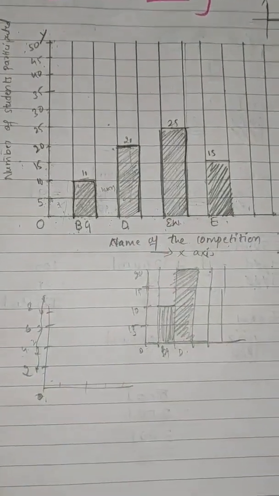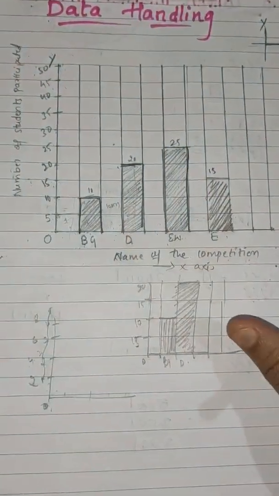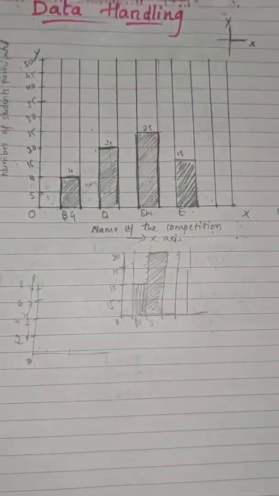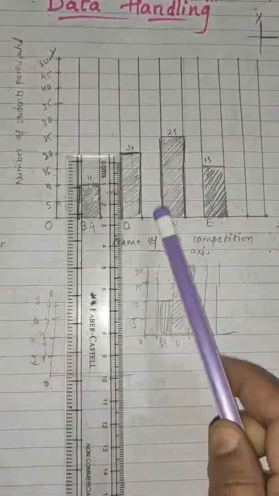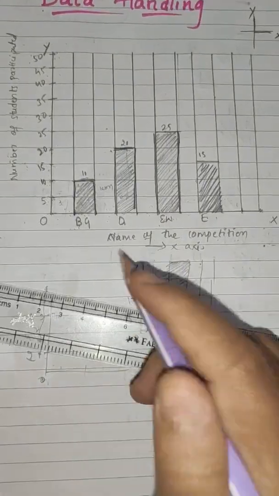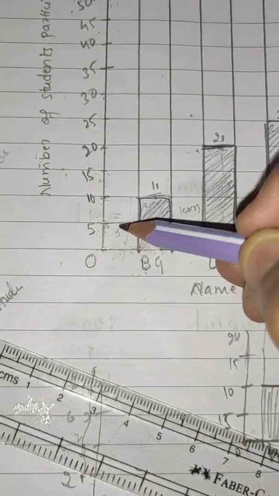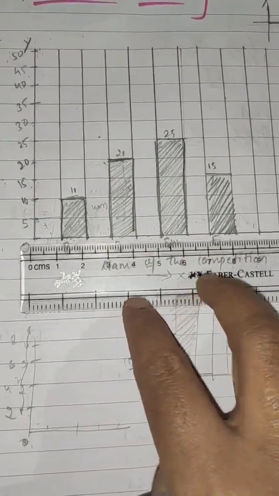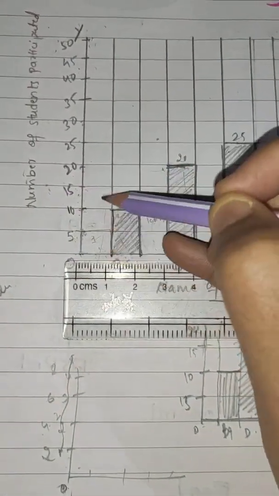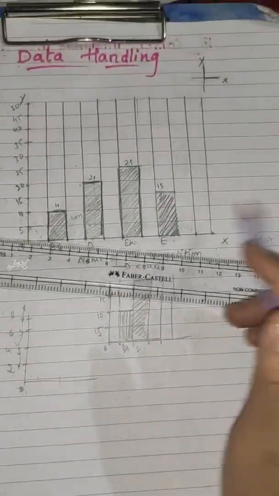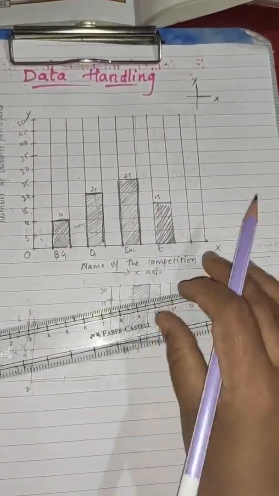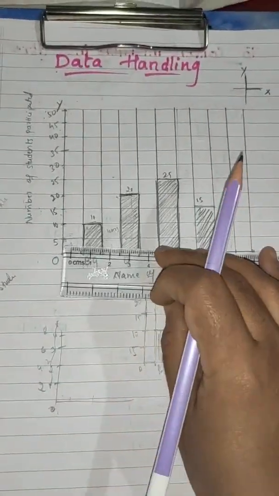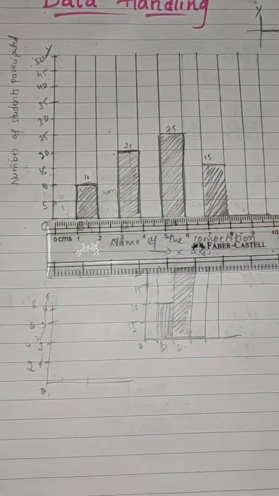Don't draw it roughly. You have to use your scale compulsorily. You have to use your scale and the pencil compulsorily, children. And the distance between these two lines should be 1 centimeter. And here you can just imagine that you already have the horizontal lines, isn't it? So just take it as 1 centimeter. But while drawing the vertical line you have 1 centimeter. But while drawing a horizontal line, this is a horizontal line. Here I have told you, right? So you have to use a scale of 1 centimeter. Understood? Okay.